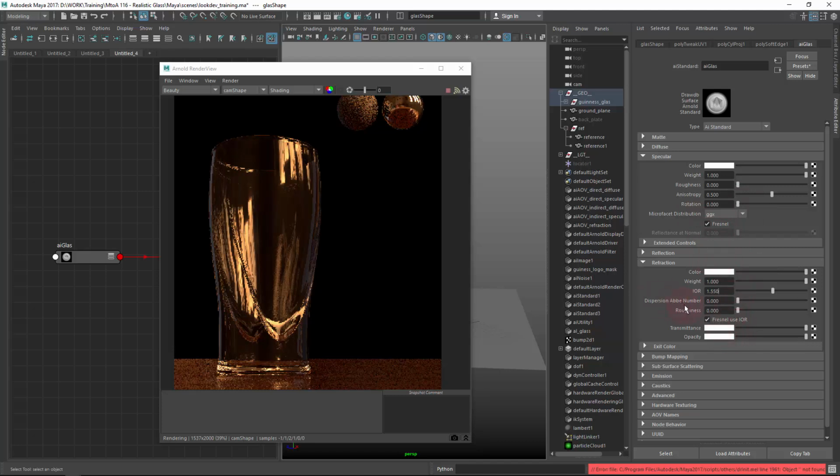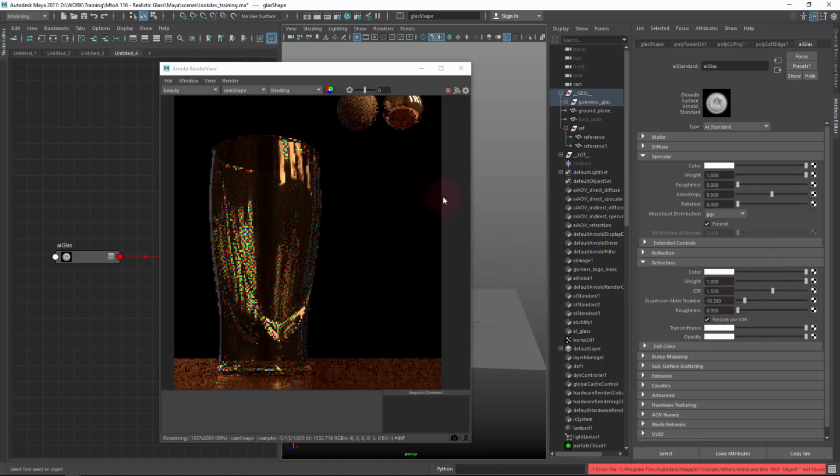What else? Dispersion is when light passes through a medium like a prism, the light ray itself is being broken up into the initial colors or wavelengths, and that's why you see rainbows when you see rain. So this is mimicking this effect. The lower this number, the stronger the effect. If you have a value of 40, for instance, you won't see the effect that heavily, but a value of 2 or 3 will really make your render look